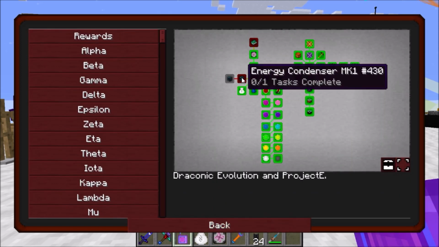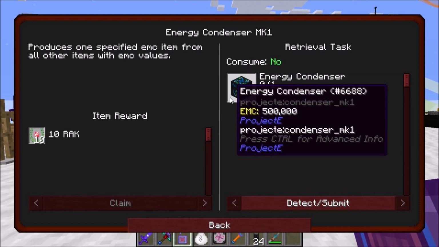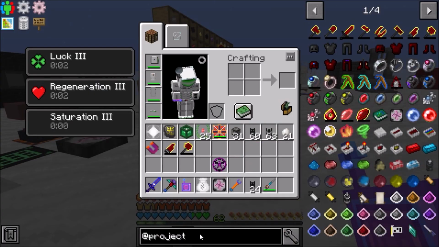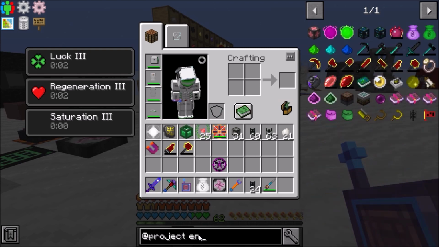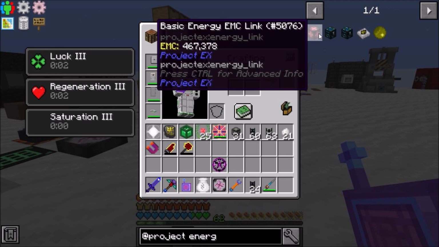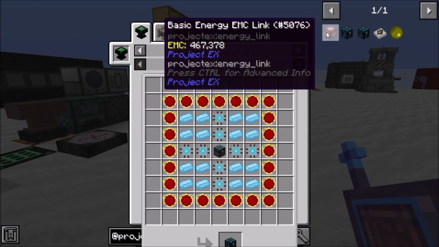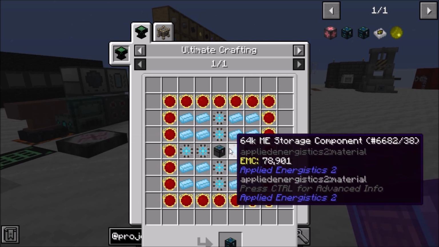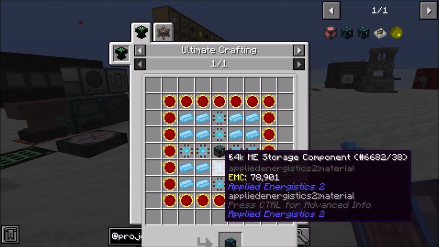So basically we're down to energy condensers, and now these things really don't have much of a use in here because we've got Project EX, which we can do. So energy condensers. This is actually not that bad. We're going to need